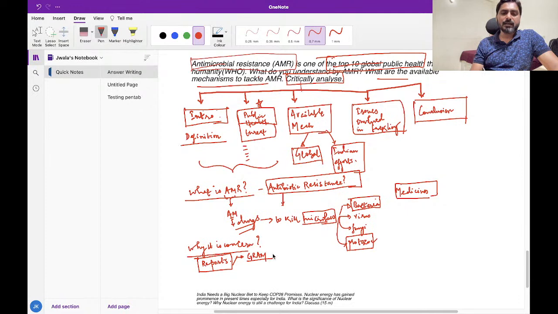They did a study in 2021, and what they found was that in 2019, because of antimicrobial resistance, around 4.93 lakh people died,